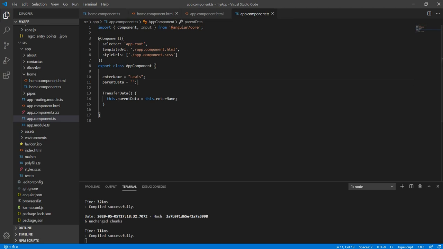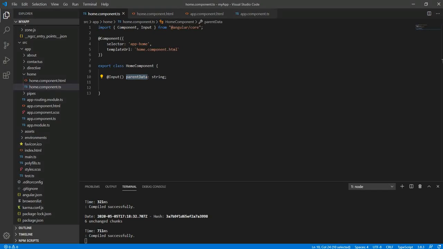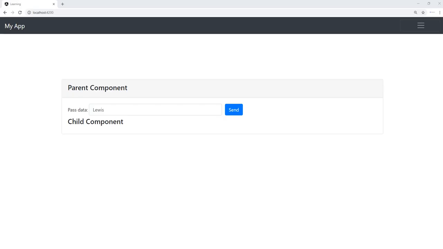Then I used the same property name in the child component, which in this application is the home component. I used interpolation to display the data, and the same-named property is created in the TS file of the child component using the Input decorator. You need to import this decorator from @angular/core. That was a quick recall.